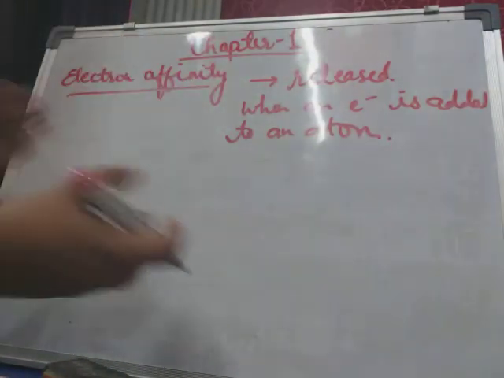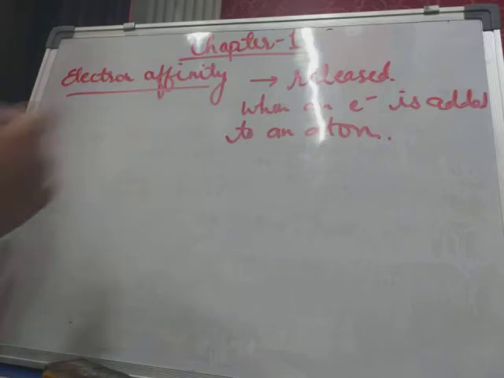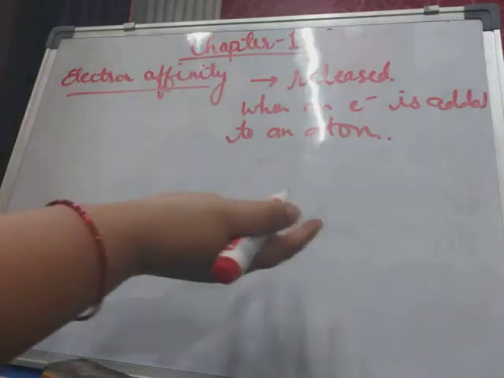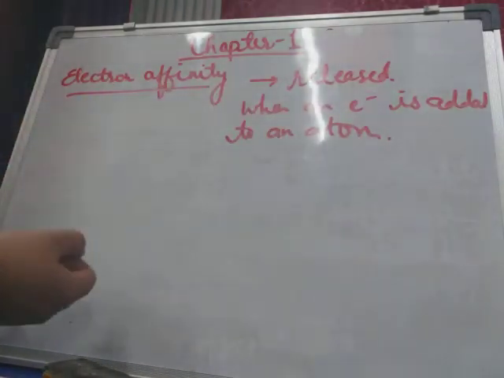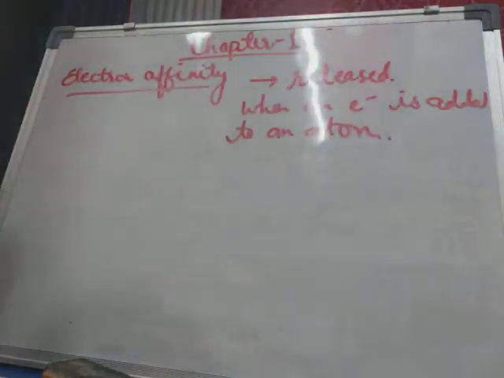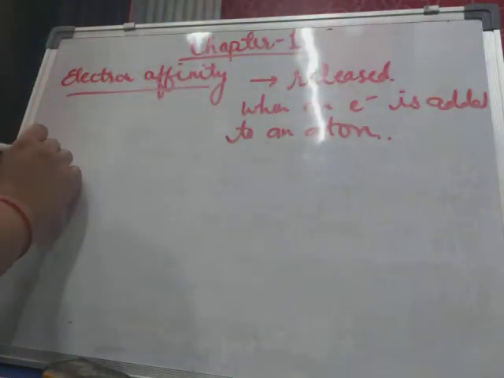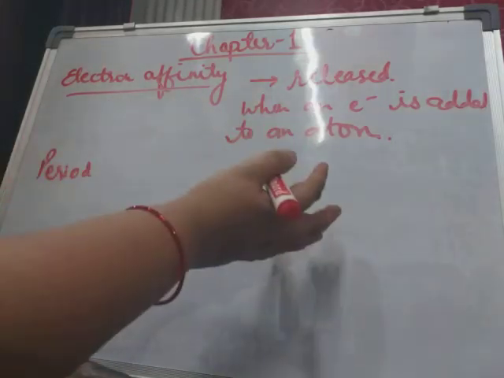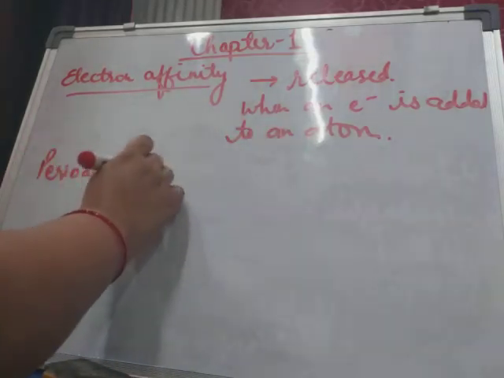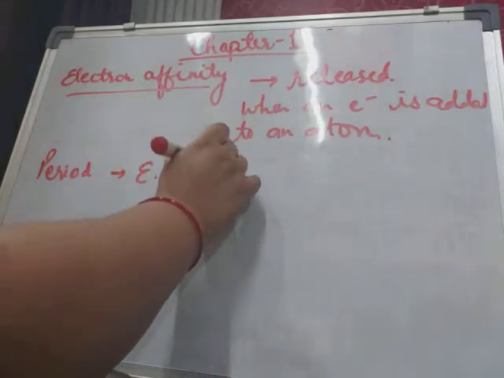Which type of atom will gain an electron readily? The smaller one or the larger one? Yes, the smaller one, the one which is smaller in size, will readily attract the electron towards itself, and the more readily it attracts the electron, the more energy will be released. It means when we are moving in a period, from left to right, because atomic size decreases from left to right, electron affinity increases.